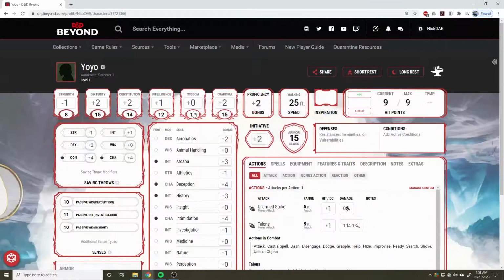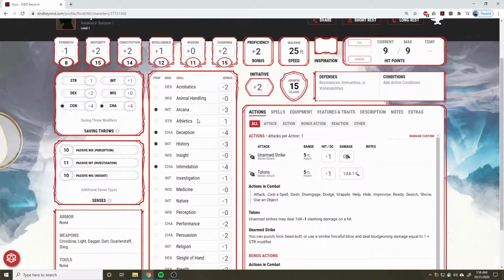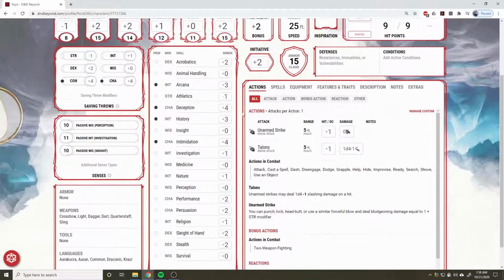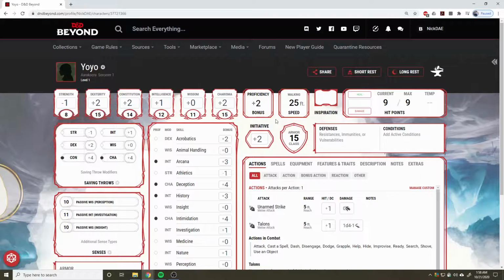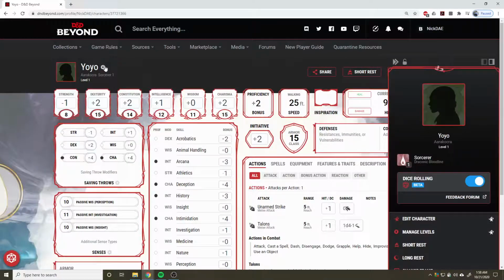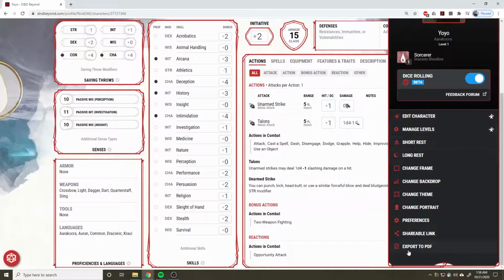And this is the really cool part for D&D Beyond. It will automatically load everything in for you. So you've got your basic equipment, which is on this page over here. It's got your general actions, skills. Everything's already loaded everywhere. It is very, very simple. If you still want to export a PDF, sorry, I didn't mean to do that. If you go over to the little gear icon over here, you can scroll down and you can click Export